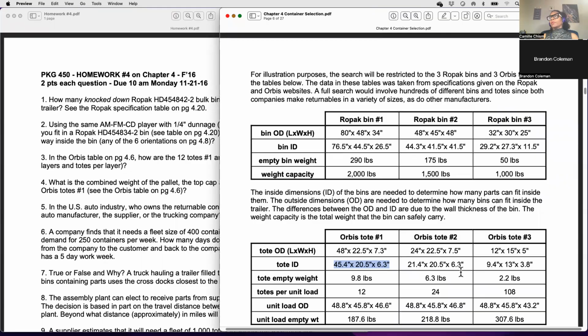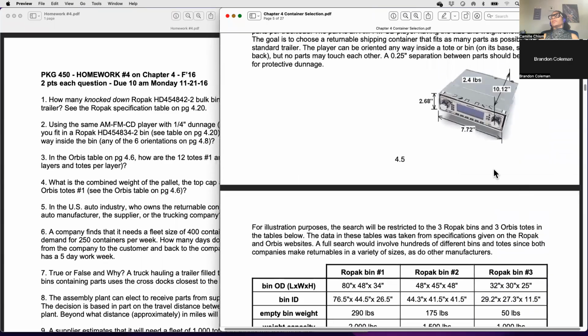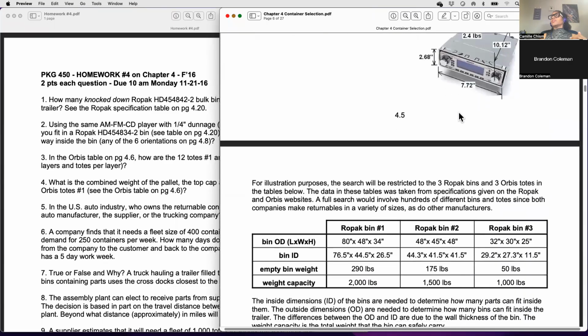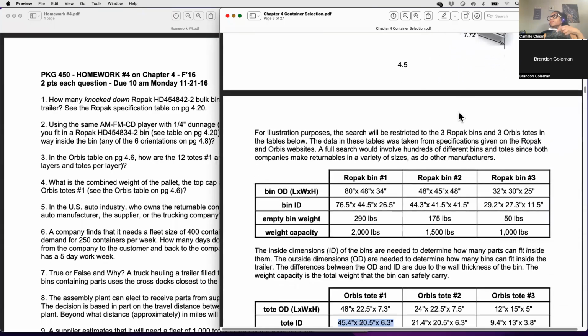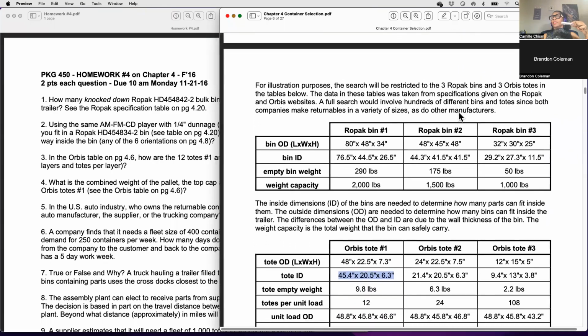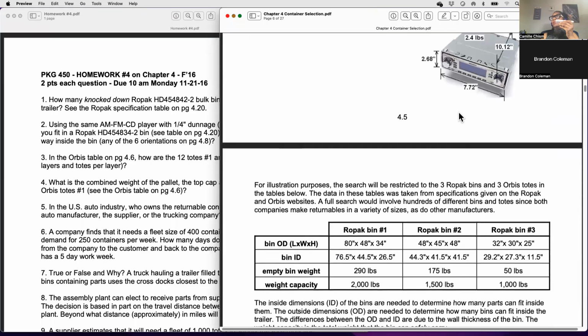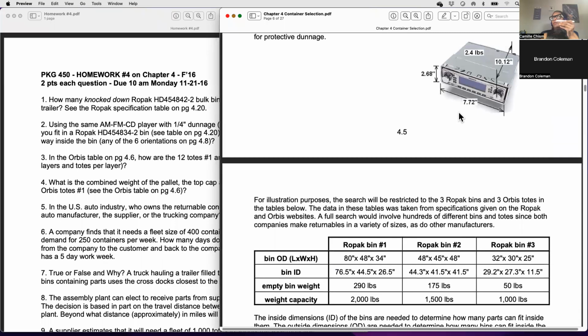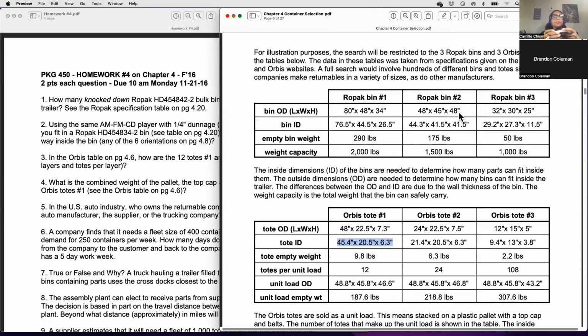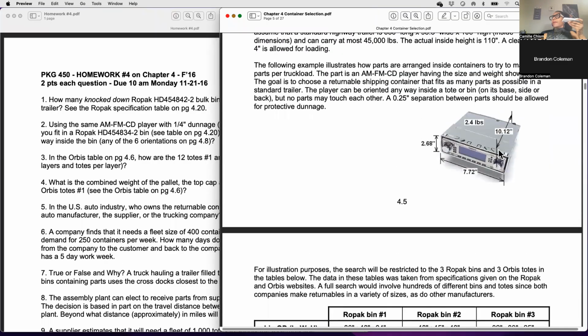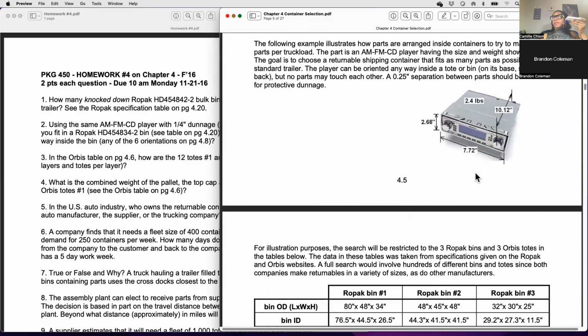These are all 6.3. This one is 3.8 for the inside dimension. That means you'll be getting 1 high. So let's look at this one. If you put this radio in, you would have to put it in this way. So the 2.68 dimension here would go into the bin, and this bin is 9.4 by 13. So if you've got 9.4 by 13, that means you're basically going to get 1 radio in this bin,